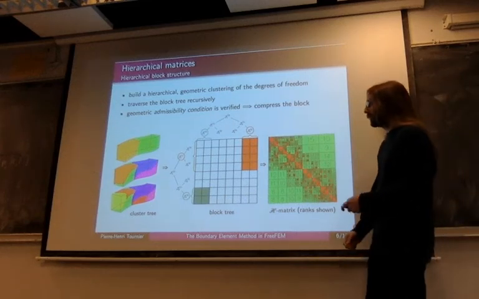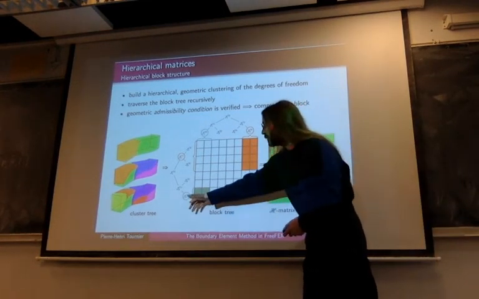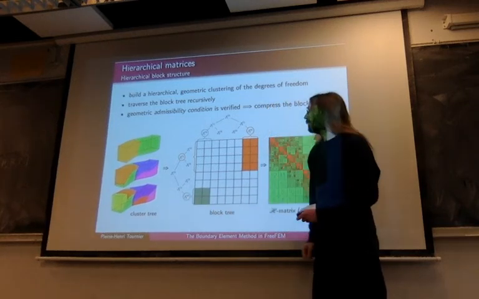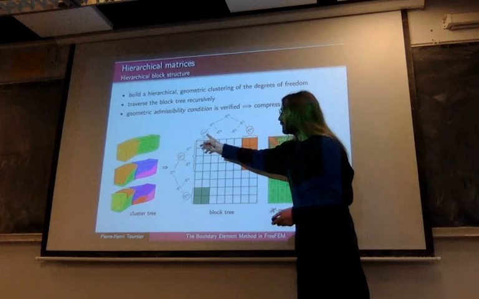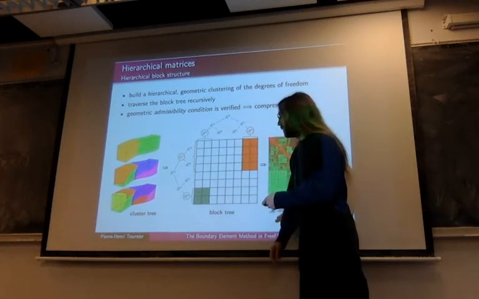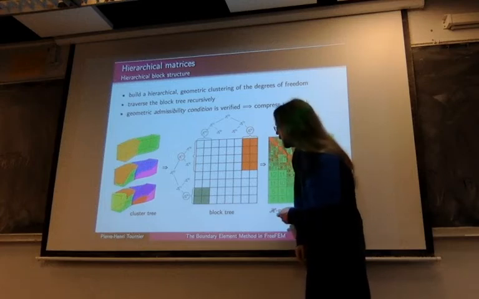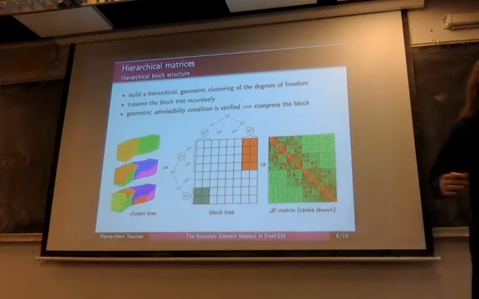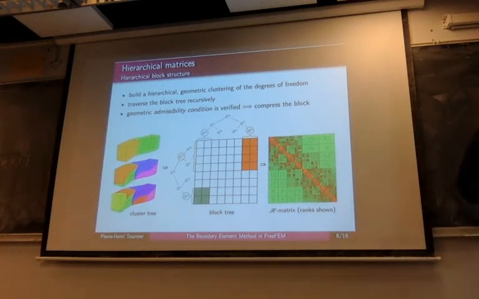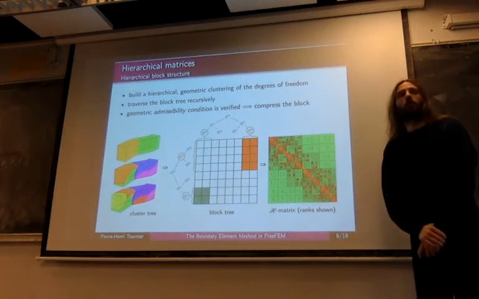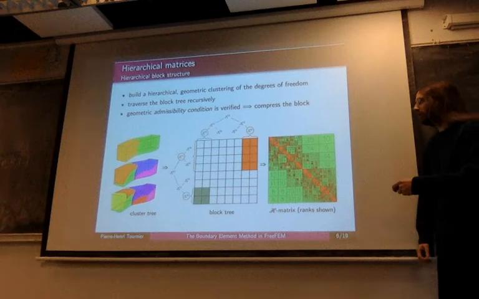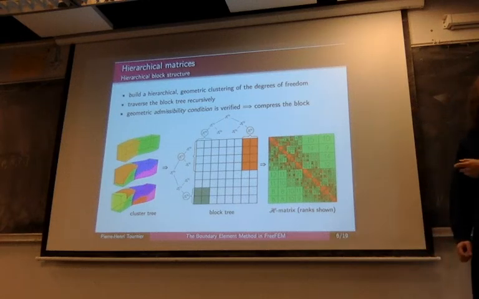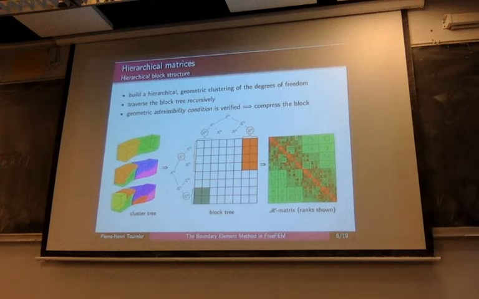Okay. Now, for example, you will end up with this block, which is the interaction of this subset of degrees of freedom and this subset of degrees of freedom. So maybe this corresponds to 2 sets of degrees of freedom that are far away from each other, and you can compress this block. And you can compress it using adaptive cross approximation, for example, which actually doesn't need all the coefficients in this block to be able to produce the correct low-rank approximation of this block. And you do this for the whole thing recursively, and then you have your hierarchical approximation of your original matrix.